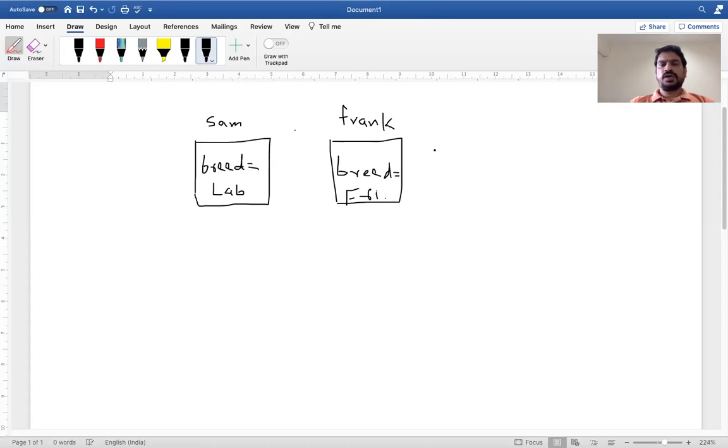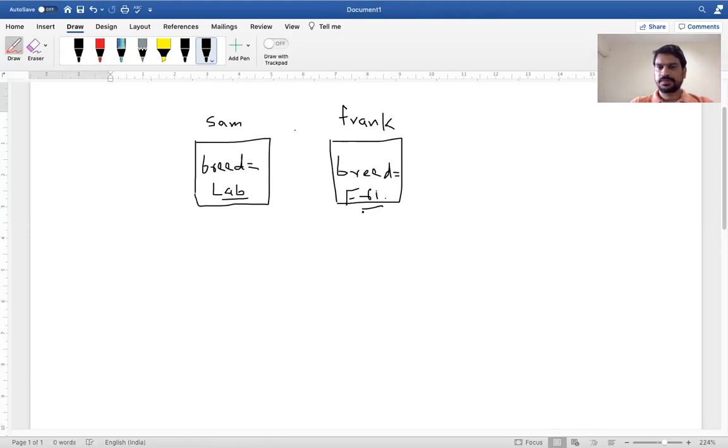If I want the breed of Sam, I have to write Sam.breed. In the same way, to find the breed of Frank, I have to write Frank.breed. If I write Sam.breed, it will give me this value, and if I write Frank.breed, it will give me this value. For each attribute of the object, memory has been allocated, and in this memory there is a separate value.